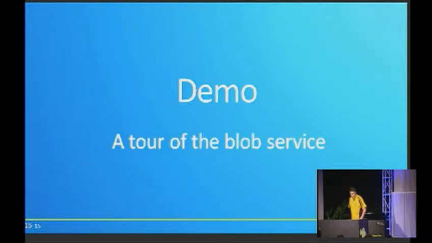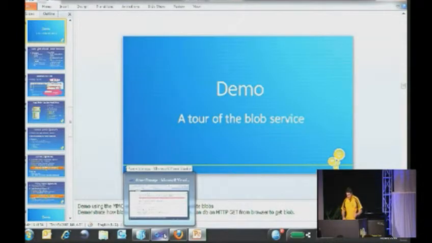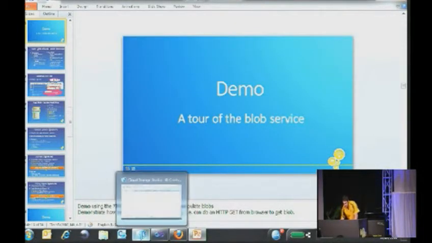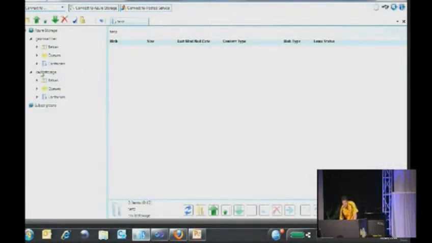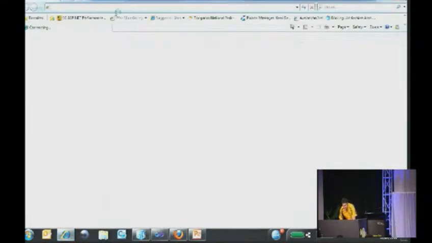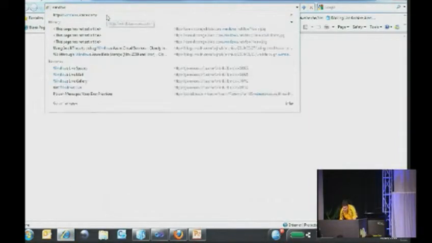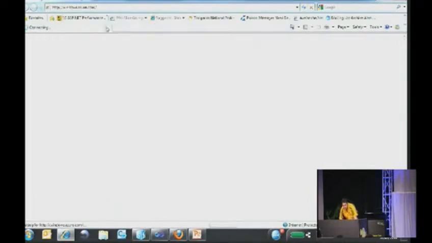So let's have a quick look at the blob service. And actually I'm going to do this using a tool called Cerebrata Cloud Storage Studio. And Cloud Storage Studio is a pretty useful bit of kit. It basically allows us to connect up to our blob storage account. So you'll see here if I go to windows.azure.com,